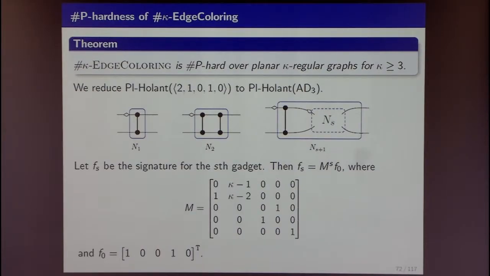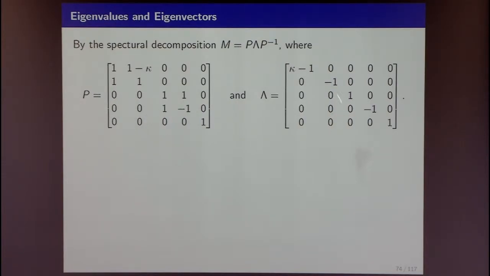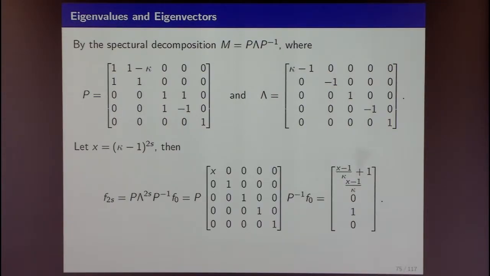So, at least sort of philosophically, you should agree with me that if I do this iteration, there should be a matrix iterating of things, right? So that shouldn't be a surprise. But for this particular matrix, it turns out that's the case. And then what we would like to do is to decompose it into spectral decomposition, into its eigenvalues and eigenvectors. Okay? And once I do that, then I have a very nice way of writing this into some entries where the x are the color minus 1 number to this number of iterations of 2s, where this signature is being iterated.